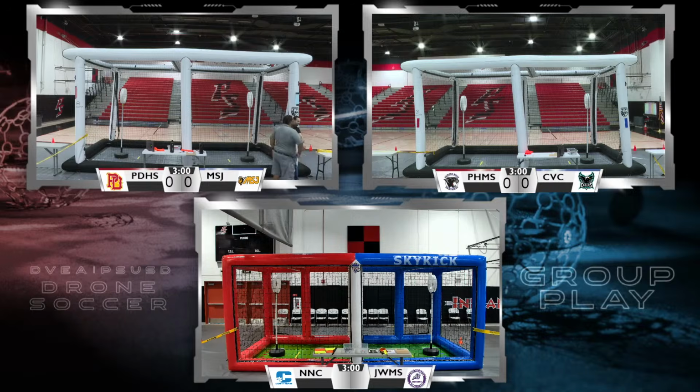Once a goal is scored, teams will see the goal referee, or side referee, as sometimes they refer to, raise their flag up in the air, signaling that a score has been made. At that time, all players, all drones from the scoring team must retreat back across the center line before they attempt to score another goal.